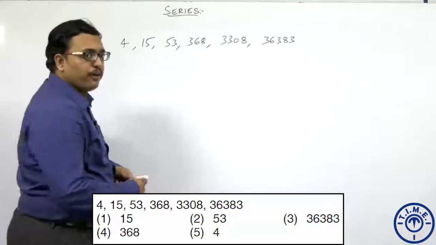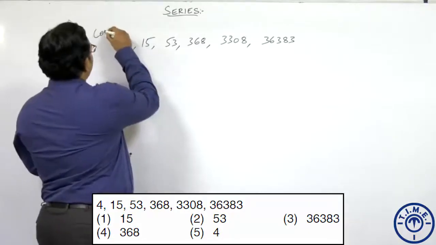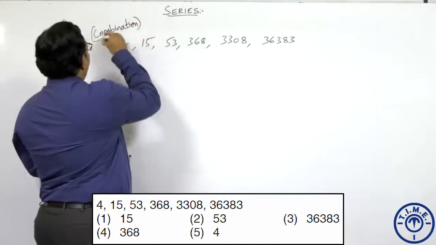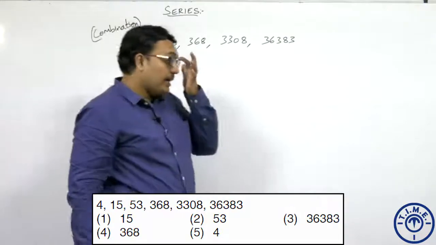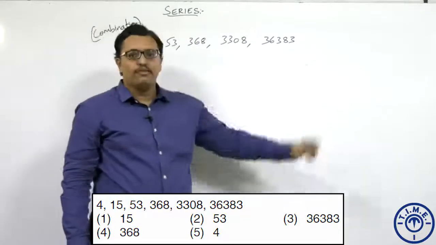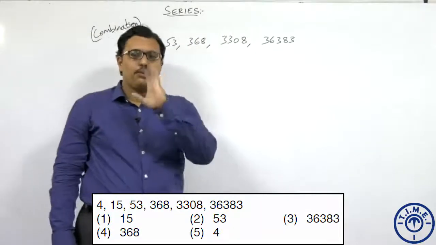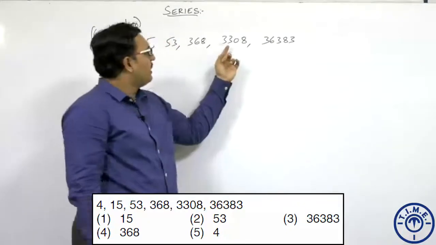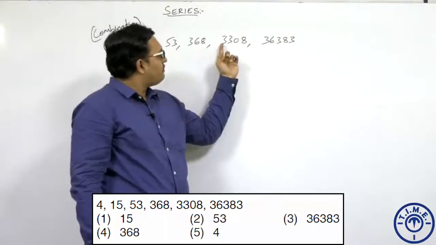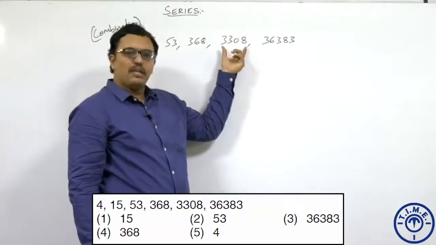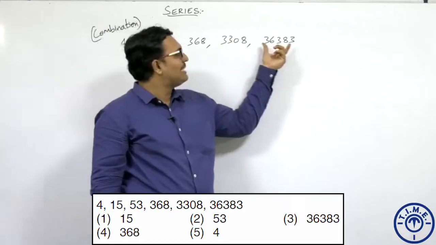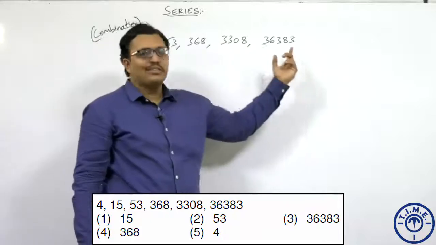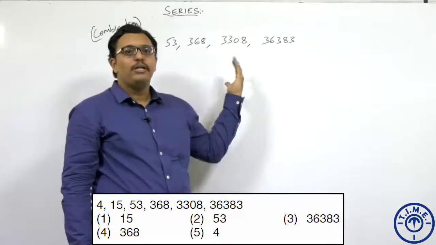So whenever perfect product is not helping, so what is the thing that I have to take? I have to use combination. And whenever combination is given, like earlier I told you, always start from the last two numbers because there will be only one possibility for this. Don't worry about the numbers are large and small, okay. See how you have to do here is, now approximately it is 3000. If I take this as 3000 and this is 36,000, correct. So now 3000 and 36,000, how can I get? It has to be into 12,